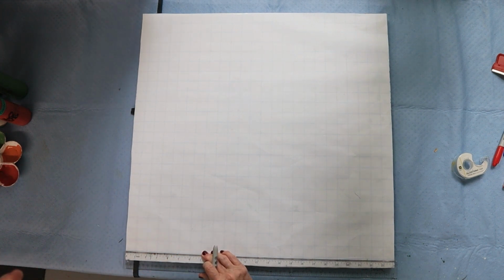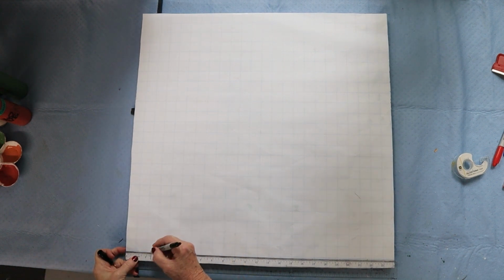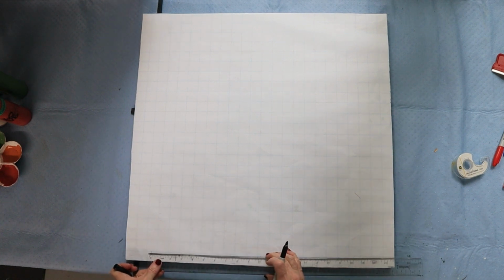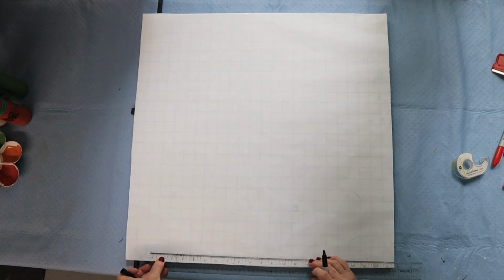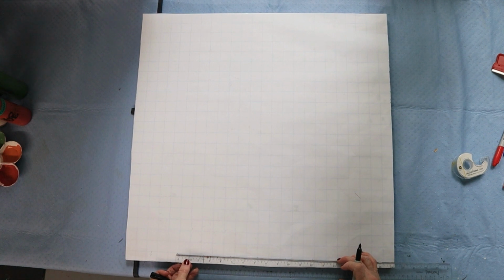And just like if you really wanted to make this into a 36, like a 3x3, you divide 10 into 36, and you get 3.6. That's how wide your blocks need to be. So mine need to be 2.4 for this particular barn quilt. So that's how I'm marking them now. I'm just marking them every 2.4